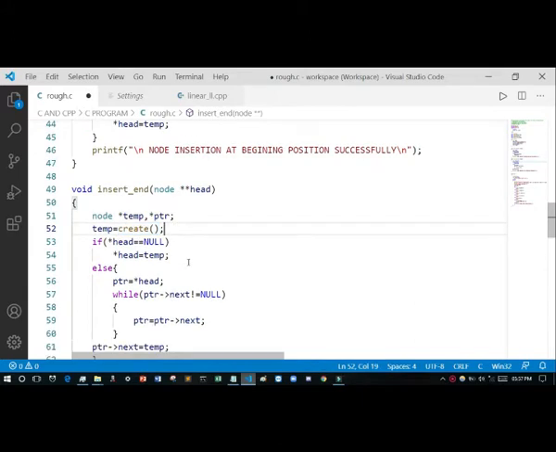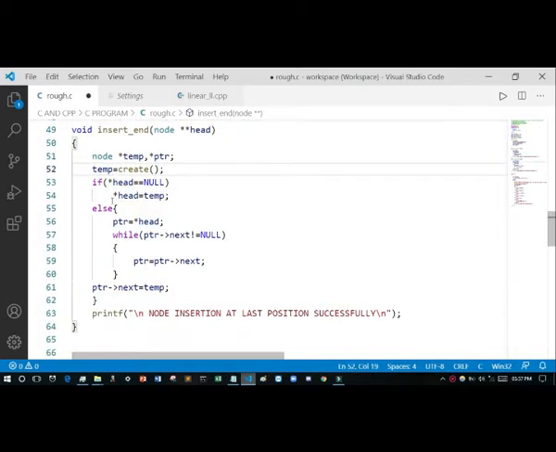And now, if you have no node, if you have not created any node, then start of the node will contain your new node.